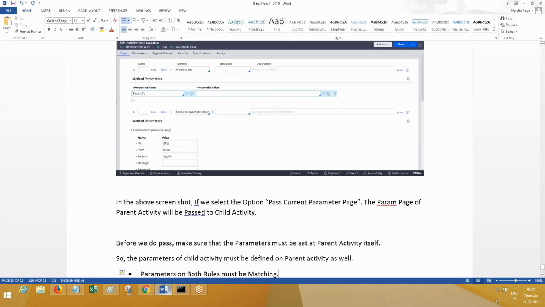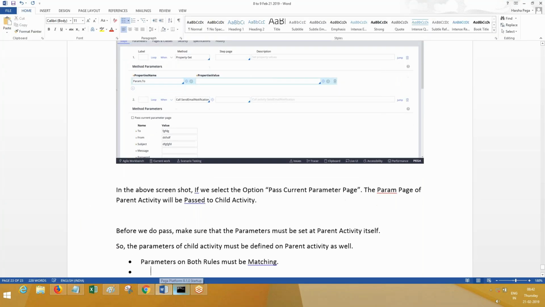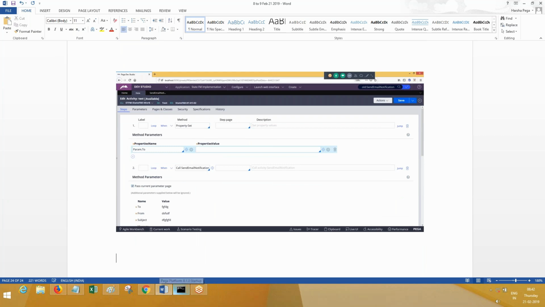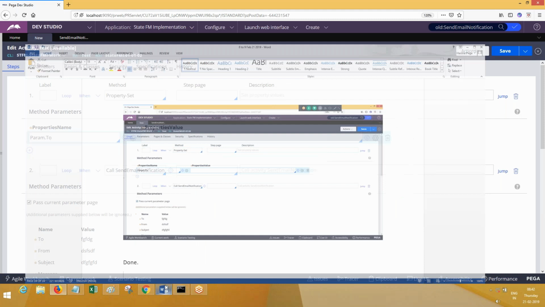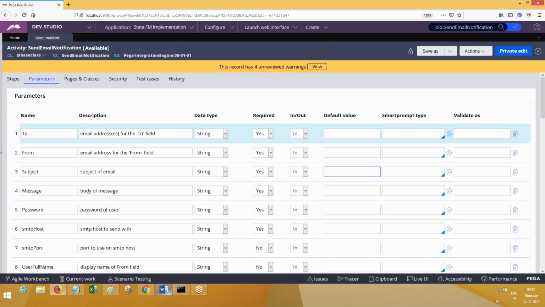Parameters on both rules must be matching. This is how you'll select. Okay, that's it. Both rules must be matching. In the next requirement, we are going to learn how to pass parameters from one rule to another rule. Okay, just keep it aside. Let me talk about